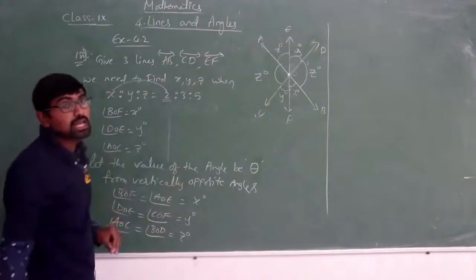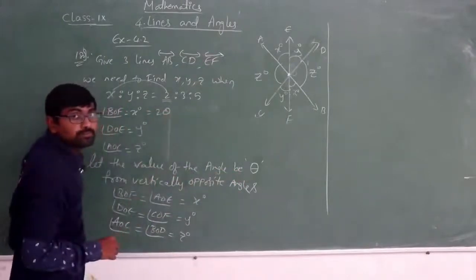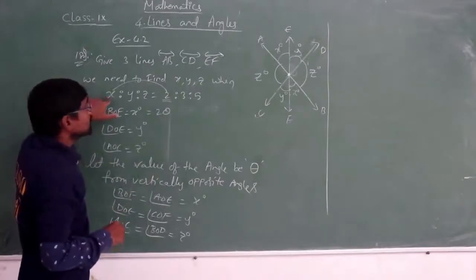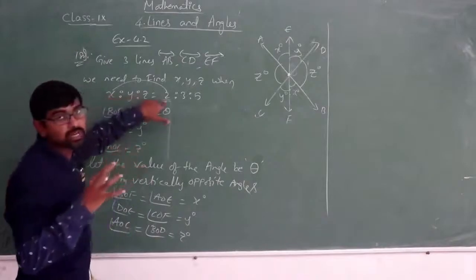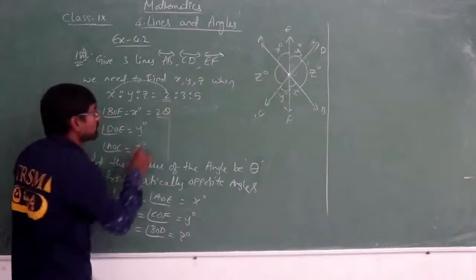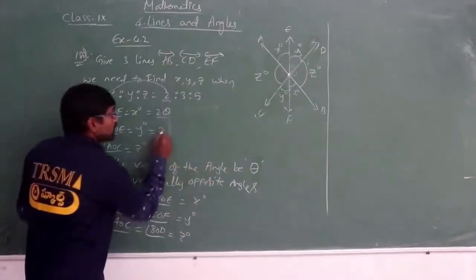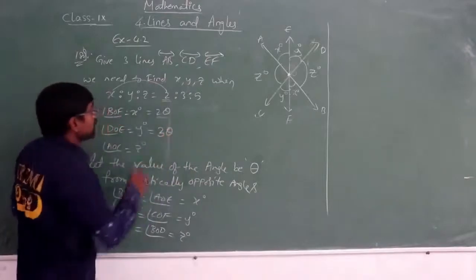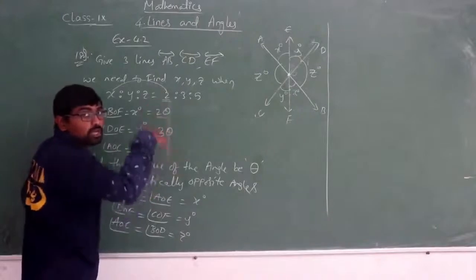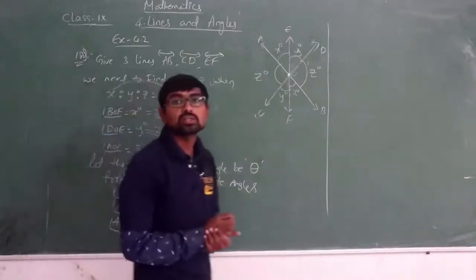So what is the value of that angle? Theta. So can I write this as 2 theta? Am I correct or not? Because the angle ratio is the second part for x, I have taken 2 theta. The ratio of y is the third part of the total angle, so 3 theta. And the ratio of z is the fifth part of the total angle, so I am taking 5 theta. Hope you all understood, isn't it?